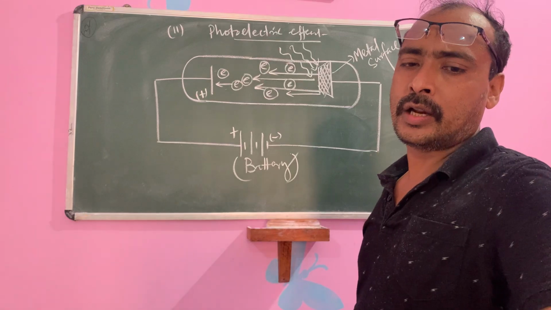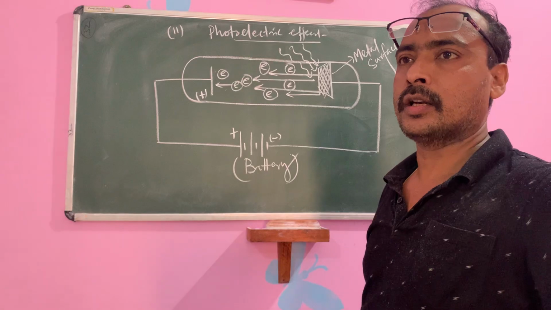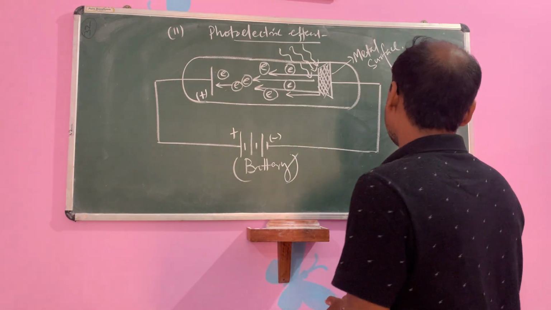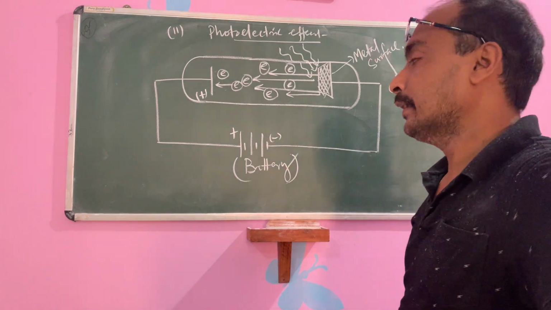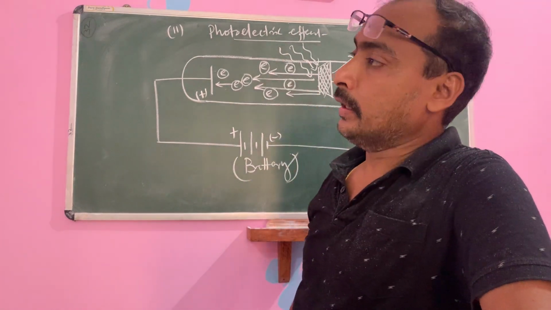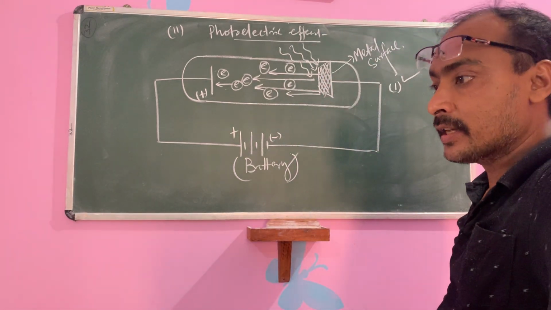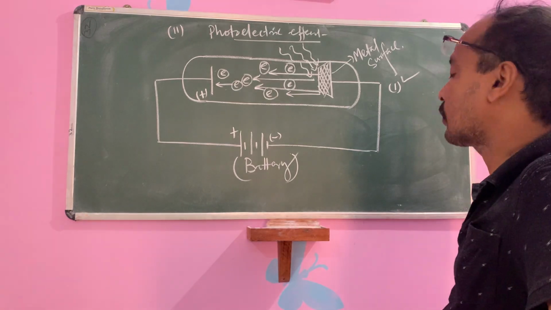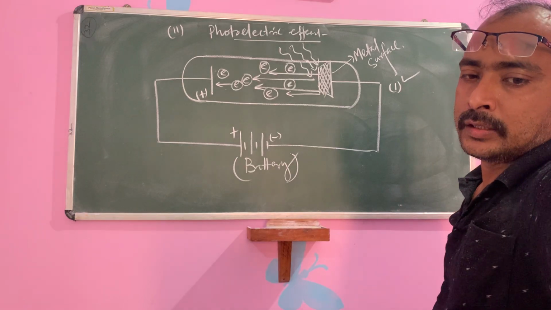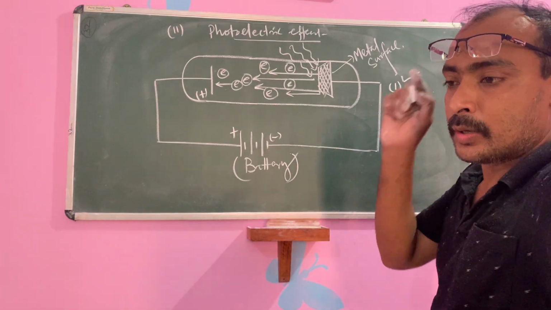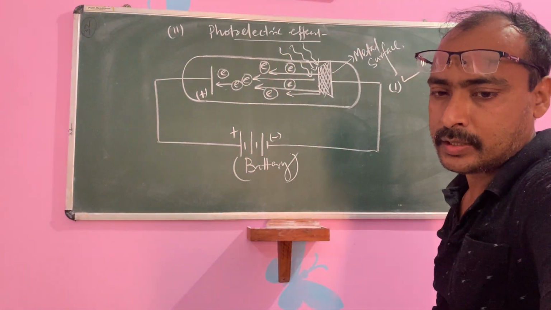So these are some results of the photoelectric effect. What are the results? First result: an increase in the intensity of radiation, that is, sunlight or electromagnetic radiation, causes an increase in the ejection of electrons. Then, as soon as the sunlight falls on the metal surface, without a gap of time, electrons will be ejected, children.